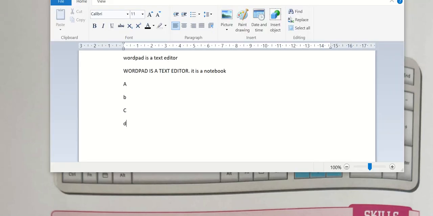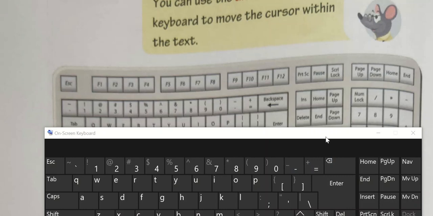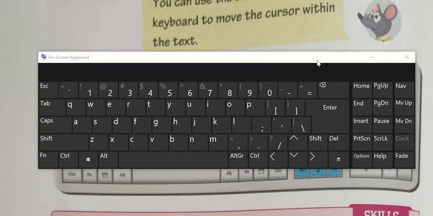One option I told you, that you can use your mouse, wherever you click, it will go there and you can start typing over there. But if instead of the mouse I want to use my keyboard, then how can I? For that I will use arrow keys. These are the keys which are used to move here and there within the document.